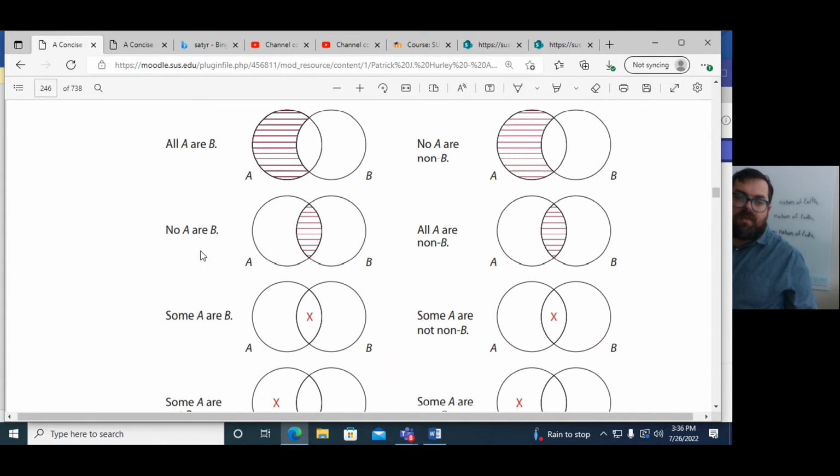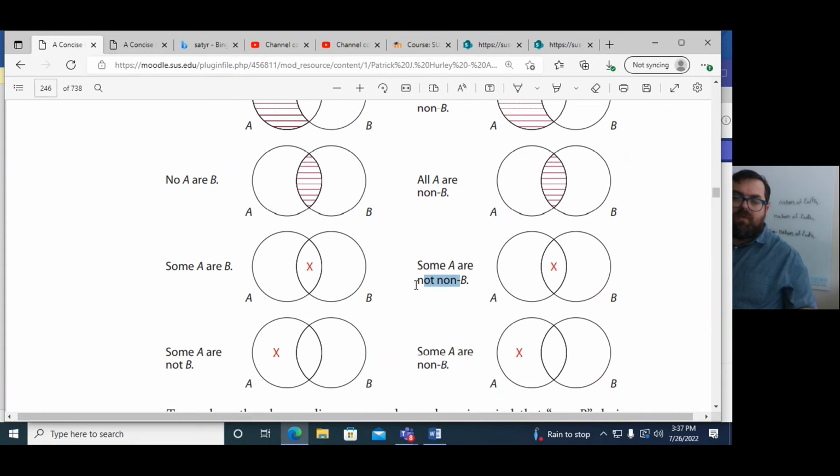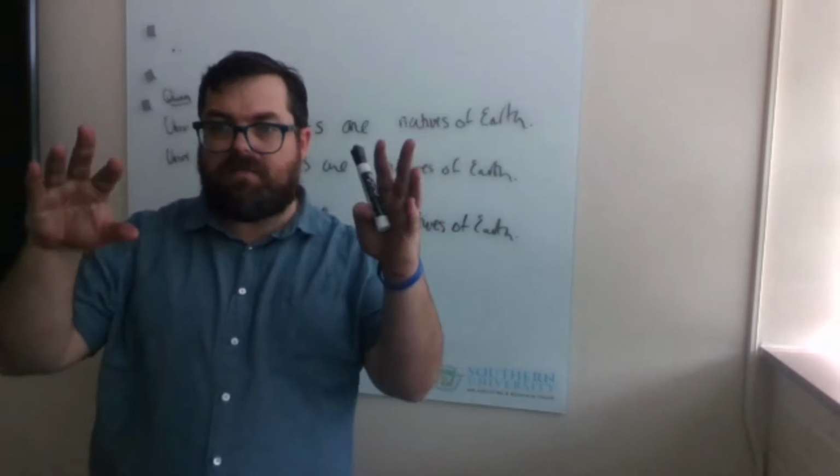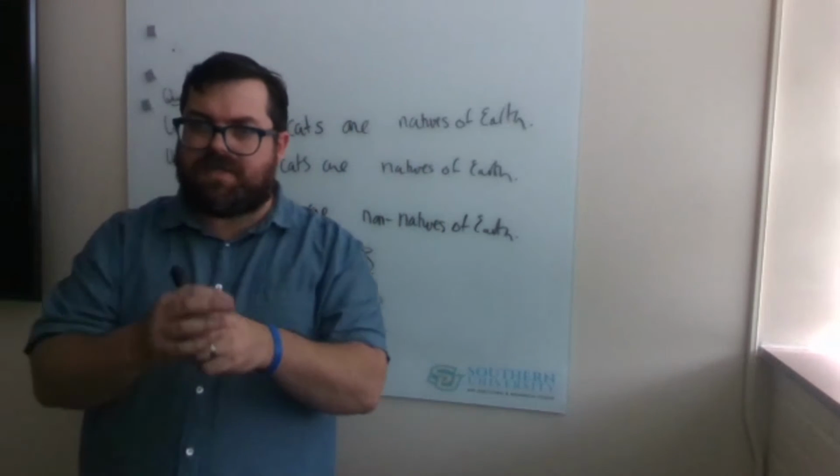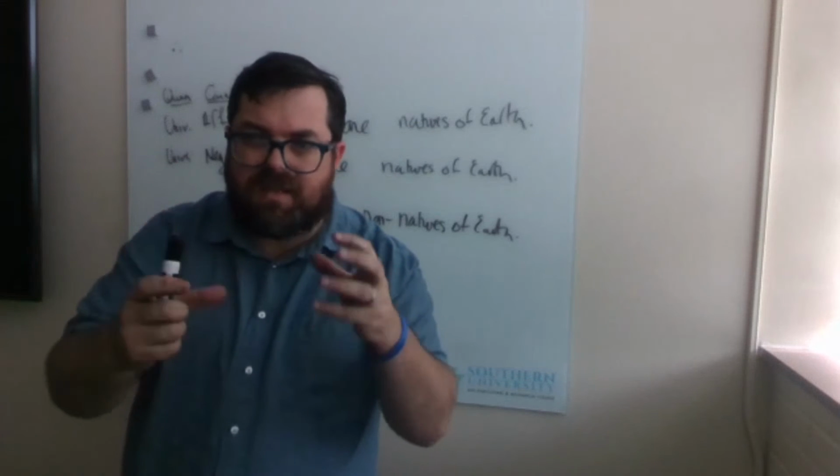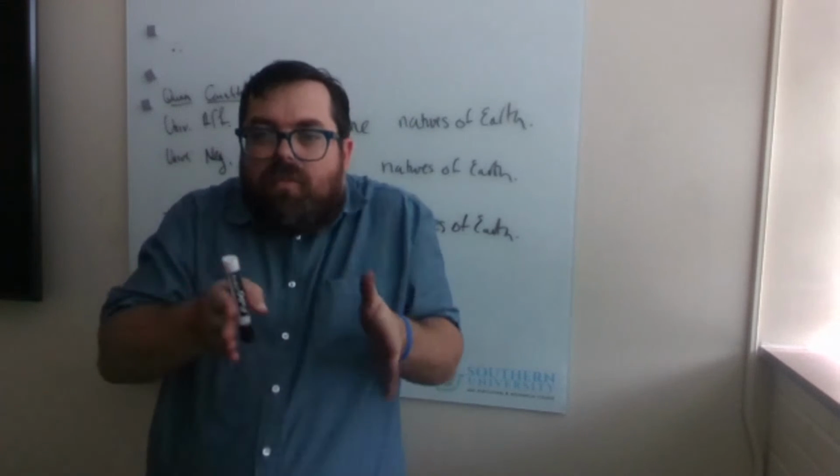So take a look at this one right here. Change the quality, not the quantity. So a particular affirmative becomes a particular negative, and then you add the term complement to the predicate position, so that becomes non-B. So some A are not non-B. So if you get this little combination here, don't confuse them. And remember when I was teaching you the parts of propositions, I said that "are not" is technically the copula. This is the reason why.